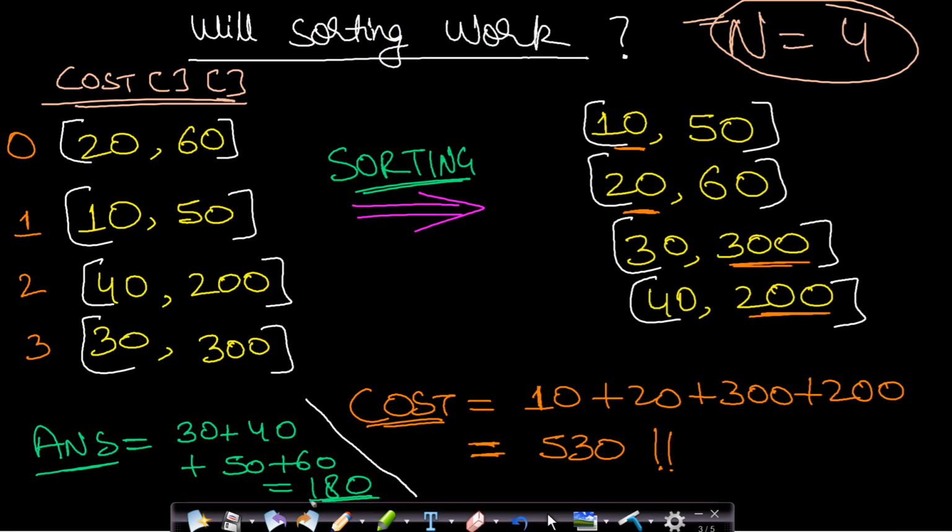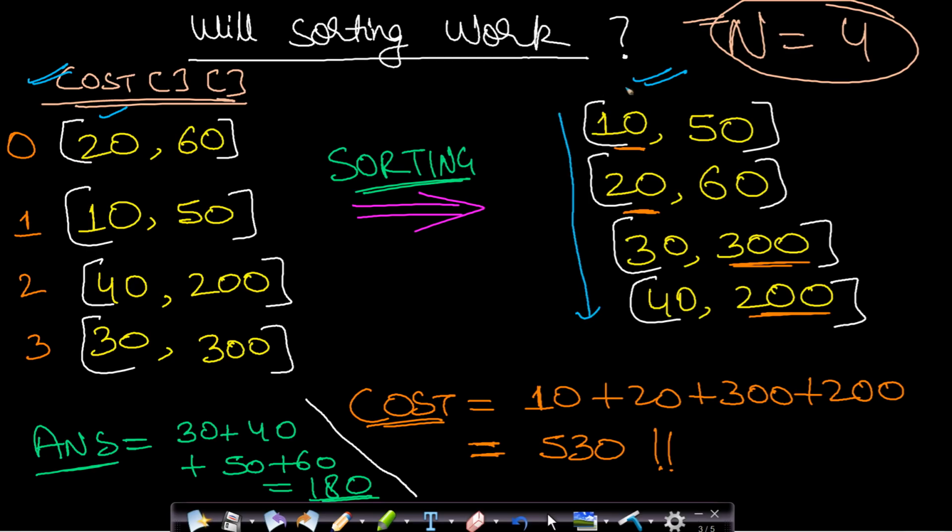So what technique can we apply to solve this problem? Will sorting work? Well, let us see. If we are given the cost matrix for each and every candidate, and we try to sort it by, let's say, the first value, then you will get this cost matrix. After sorting by the first value, you can see that the first value of each candidate is in increasing order.